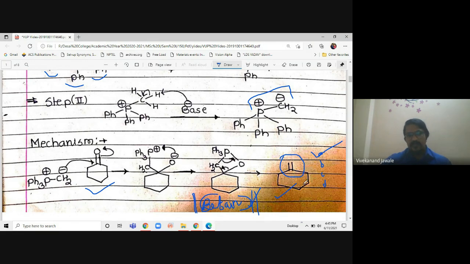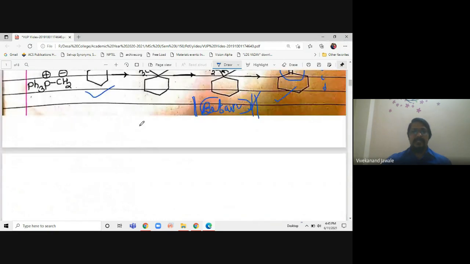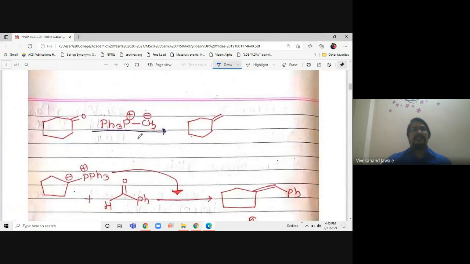They will not give you this type of structure. They will give a straightforward question in the objectives here. You have to choose the correct option. So there are more than 4 to 5 types of questions present on this particular page, only on the single page. Okay, so on the next page, what we can see is only an example. If you have such a structure of ketone, what is this? This is an ylide. So you know that instead of oxygen, you can get this type of ketone.